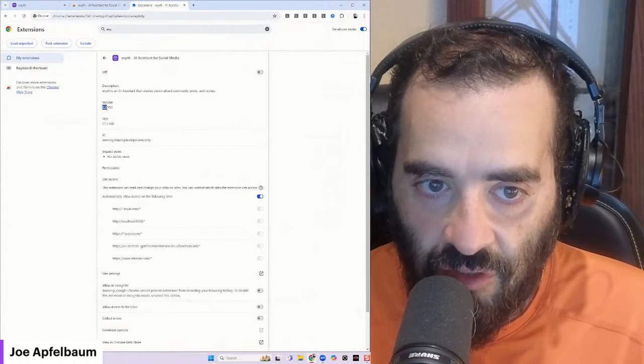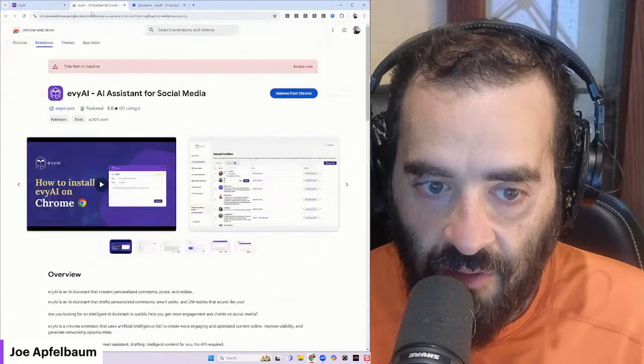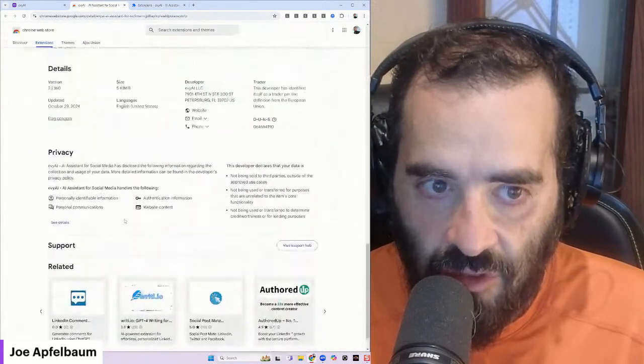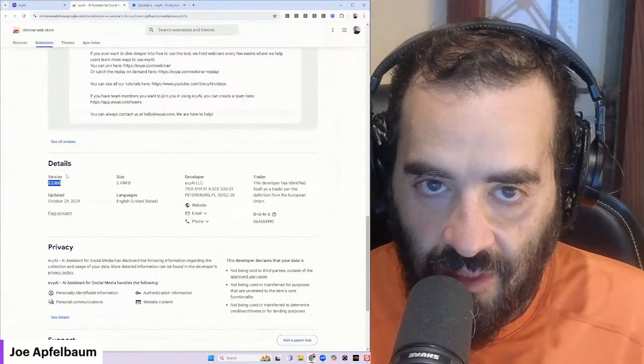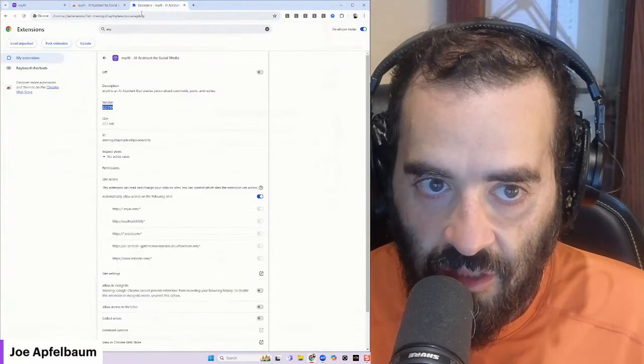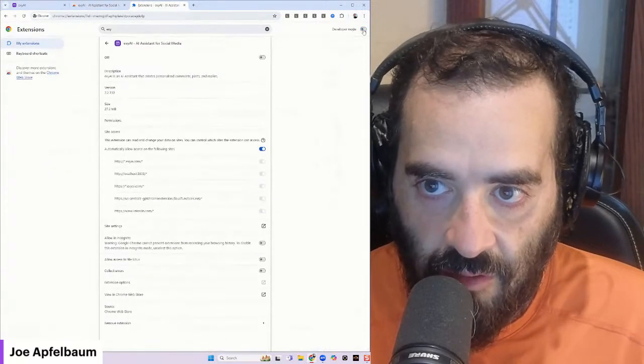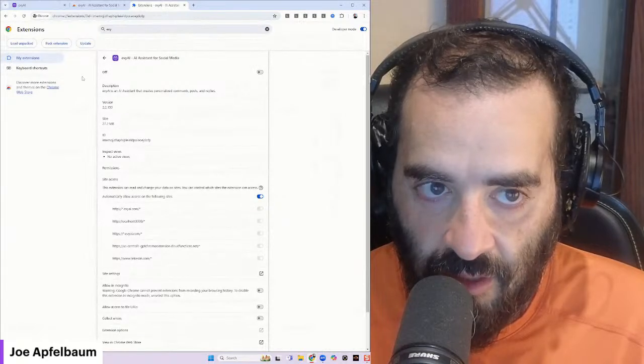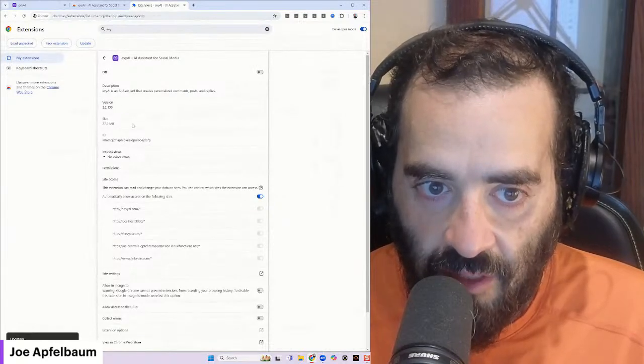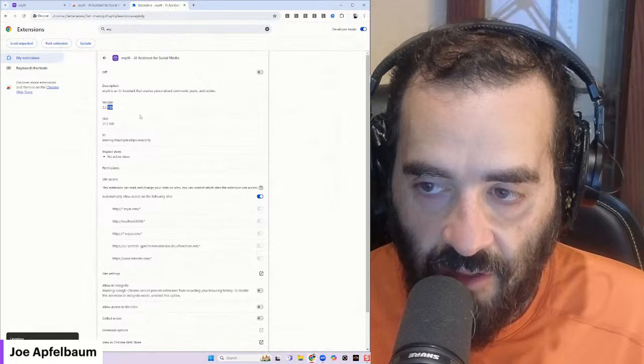So I have version 2.2.15. This here is version 2.2.16. So I need to update the extension. So if you're not on developer mode, you put on developer mode. This should happen automatically anyway. But I'm just going to hit update over here, and you're going to see it's going to change from 1.5 to 1.6 in just a moment. It says updating. See, now it's